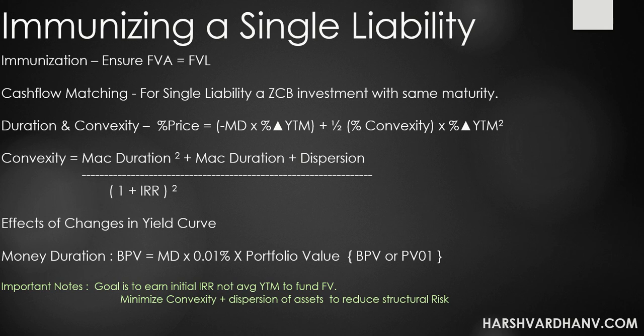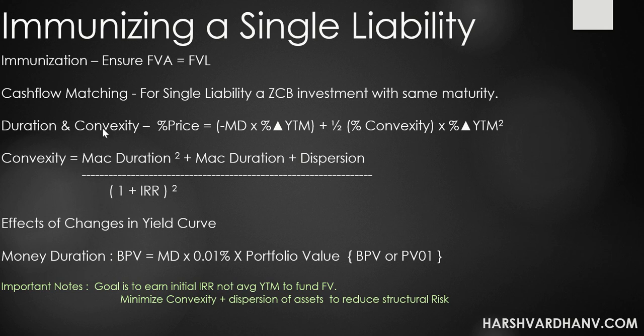Over here, we'll come back to the duration and convexity after. Let me just explain this part, which is important in the coming up topics. Money duration, basically, is the modified duration times 1 basis point times the portfolio value, otherwise also known as PV01. Now over here this is important because whenever we are doing cash flow matching, if it is a long term instrument, it is still exposed to interest rate risk. So to manage the interest rate risk, you have to manage both the duration and convexity.